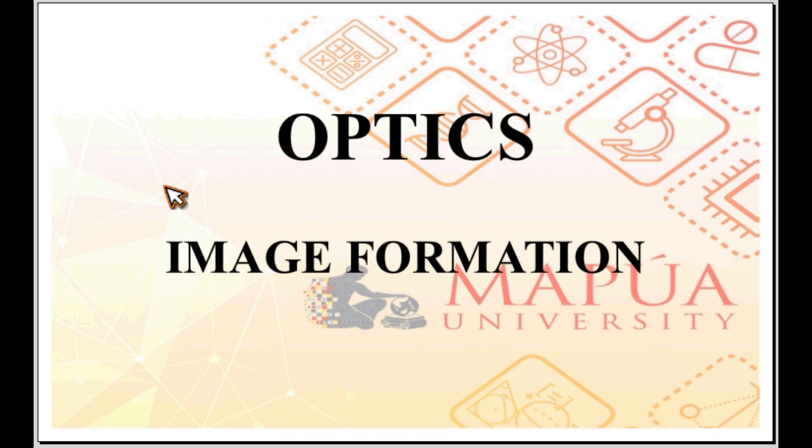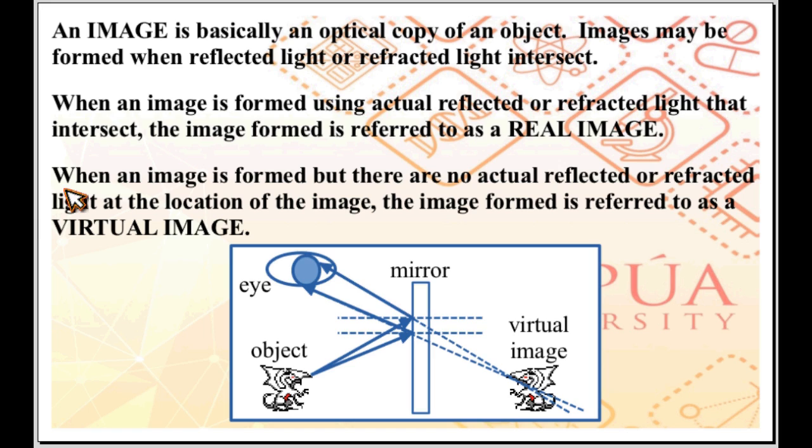Moving on to the next part of our discussion on optics, we have image formation. An image is basically an optical copy of an object. Images may be formed when reflected light or refracted light intersect. This optical copy is produced by